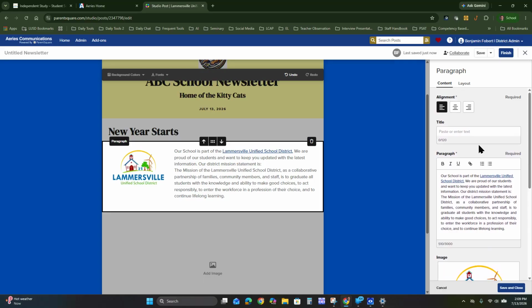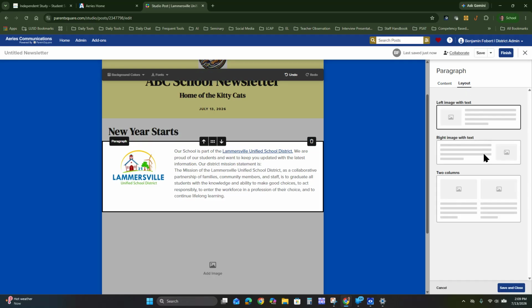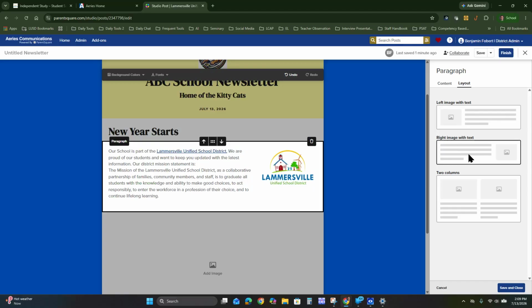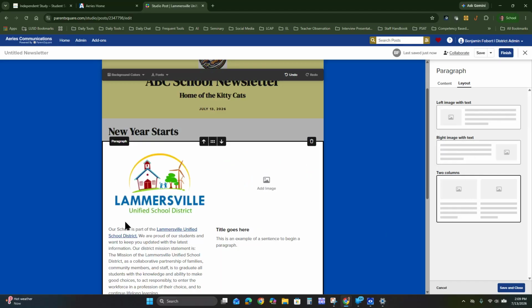It's not required. But the other thing that you can do with the paragraph block is it gives you a couple of different ways that you can put the layout of this paragraph block. I can do the left image with text, a right image with text, or I can do 2 columns. So very similar. If I click this one, it'll automatically update. If I click this one, it's going to automatically update, but obviously I only have one picture and one set